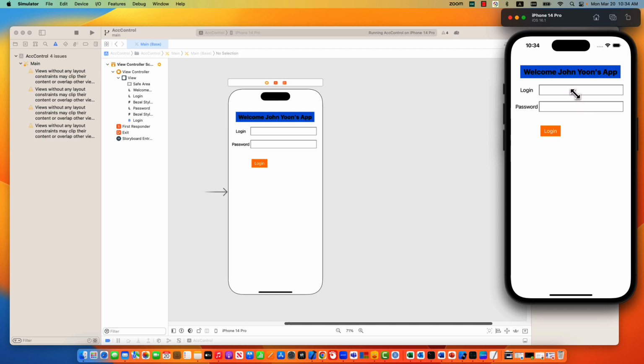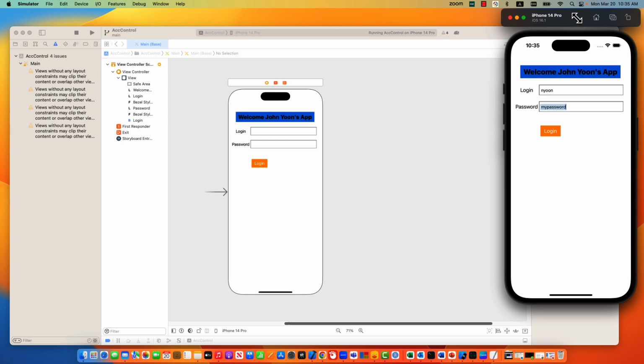So we have this, and we can do Jayun, and then password, and then login. Nothing